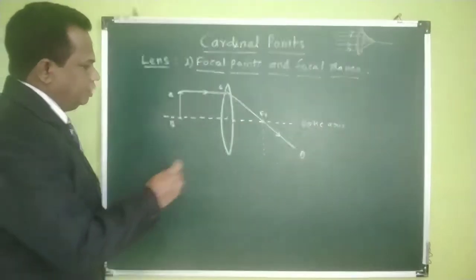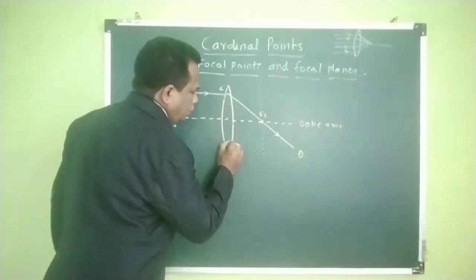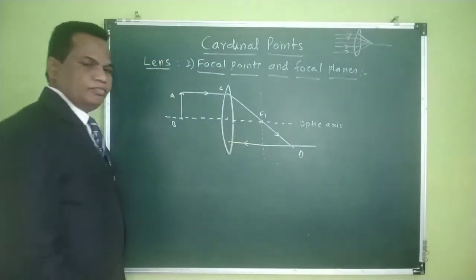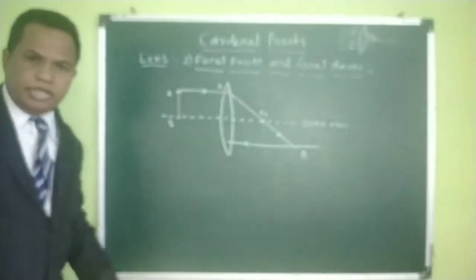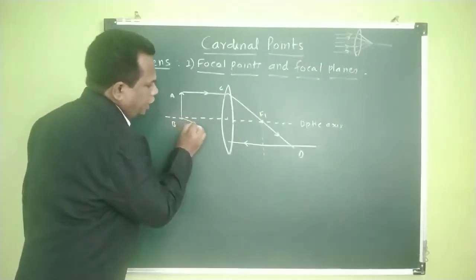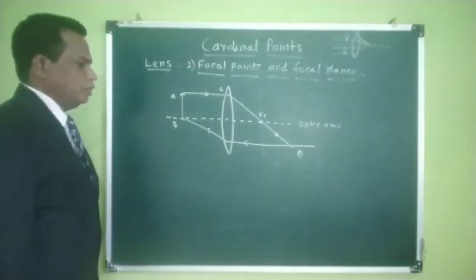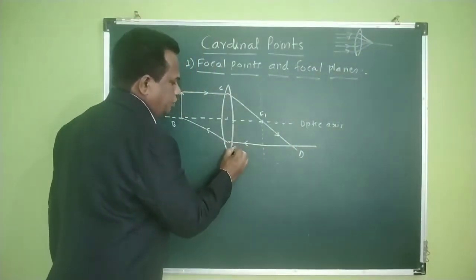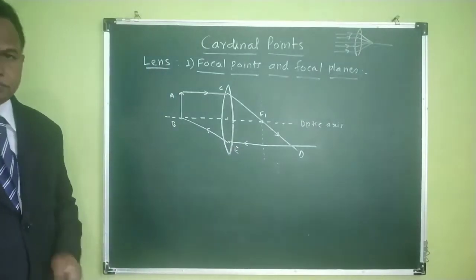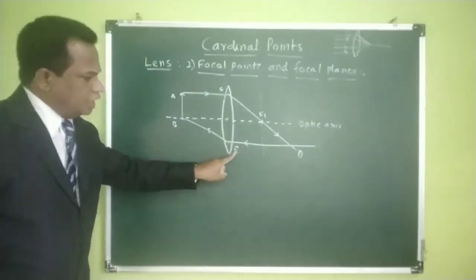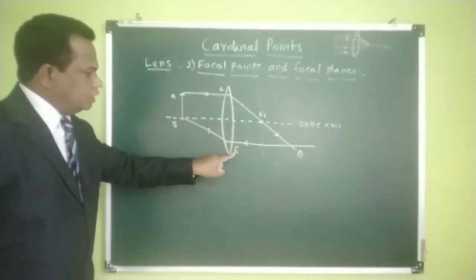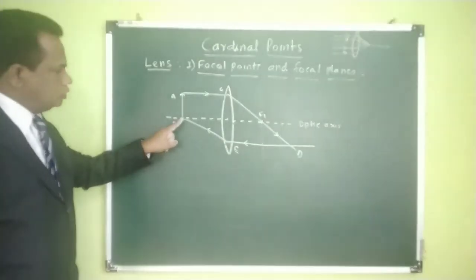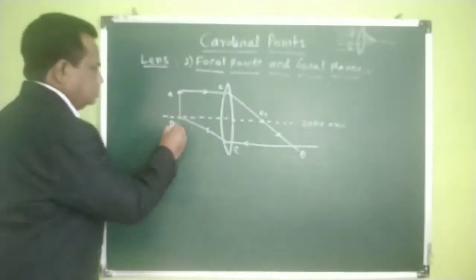Now similarly, in the other direction, you may draw one parallel line. I will draw here a line parallel to the optic axis. After refraction, this ray will travel through the focal point. So this is point D, then I will give you point E and point B. ED is the incident ray, and after refraction it will travel through EB. So the point B is one focal point, another focal point.